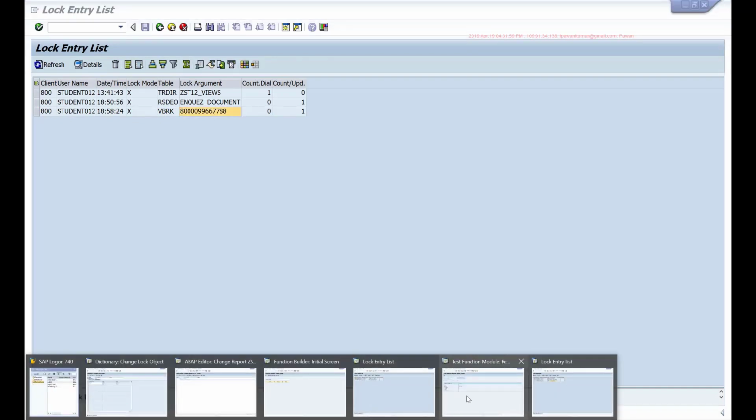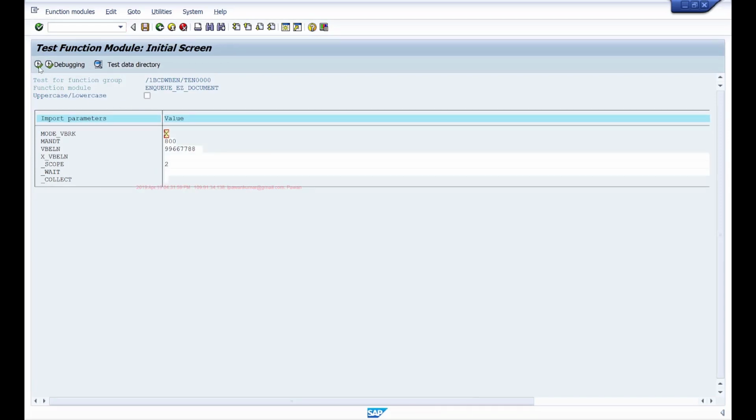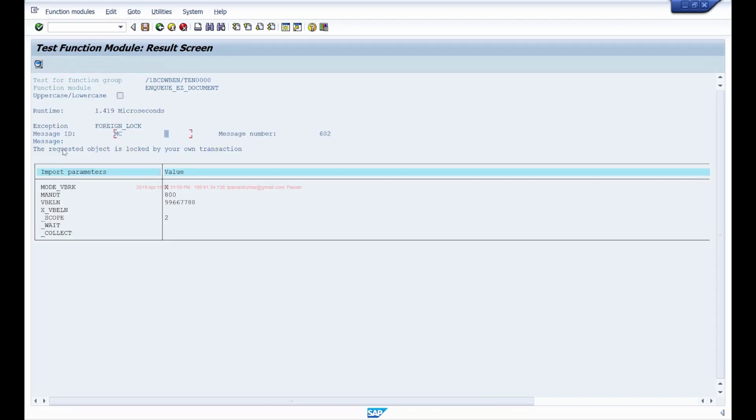If I go back to this function module and try to execute it again to request a new lock for the same document number, it says the lock object is locked by your own transaction. So it is not allowing me to lock it again. It is already locked.